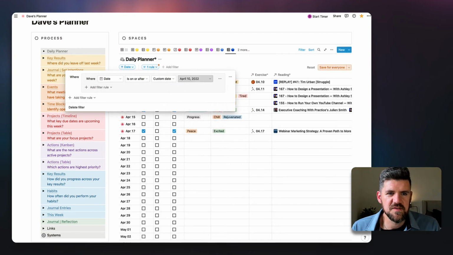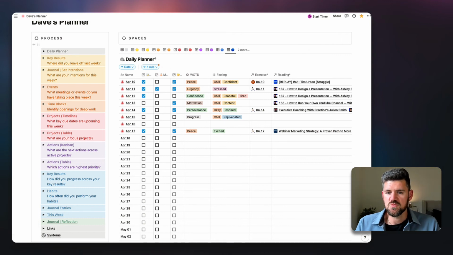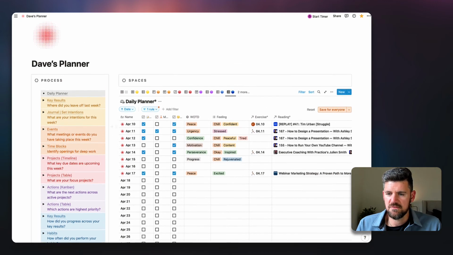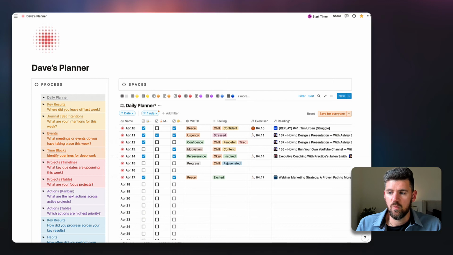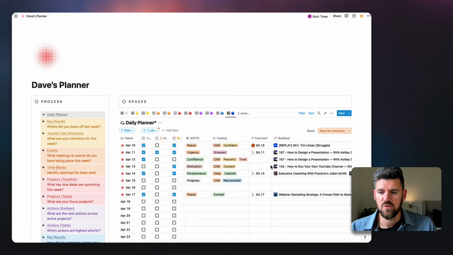Well, let's go with that one. So if we're looking at the previous week, we can see what this looks like filled in terms of what you're tracking. The one thing I would say is, in this example, we're tracking articles, books, podcasts, and exercise. However, we might end up just tracking projects or just tracking habits. And it's definitely an important question to prioritize.